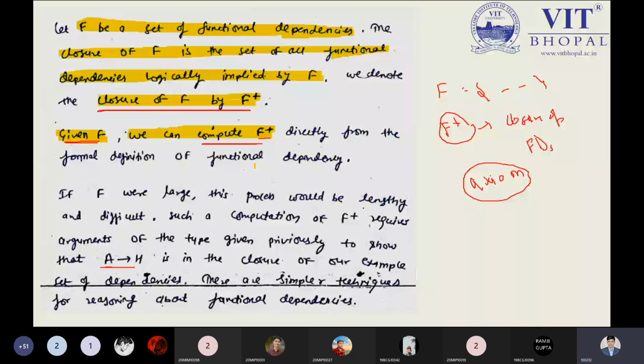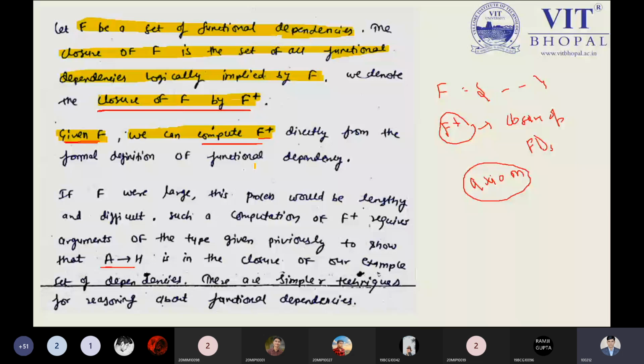These axioms are also known as rules, and here we will introduce the Armstrong axioms, as we have seen in our basic mathematics. What are axioms and what are the Armstrong axioms? I will give you a rough idea about the Armstrong axioms. Don't worry. Let me complete this statement first.